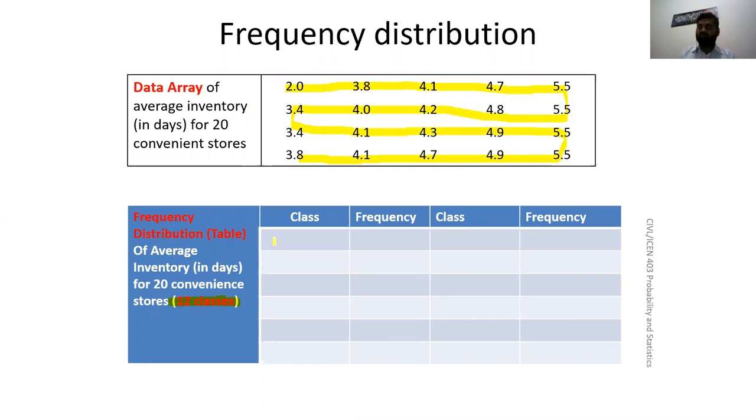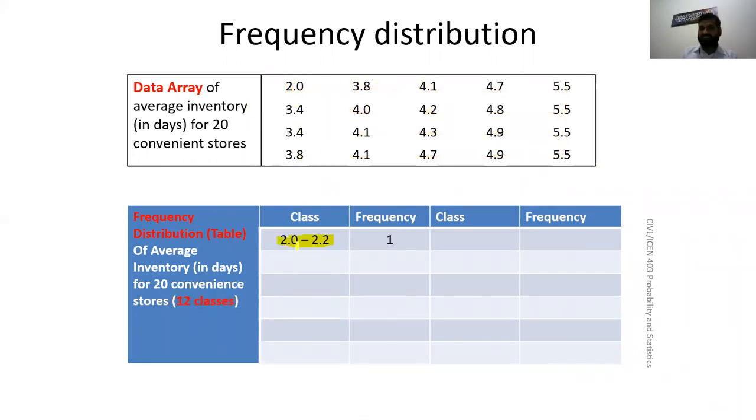Okay, so what you will do, you will find the class interval and start making, you will start from 2.0. So you will write this class first and then you will count the number of observations and write 1 here. Then you will write the next class 2.3 to 2.5. Then you will count all the observations and write the frequency. Doctor, please, why did you make 2.0 to 2.2? Because I am taking an interval of 3. I want 3 observations in it.